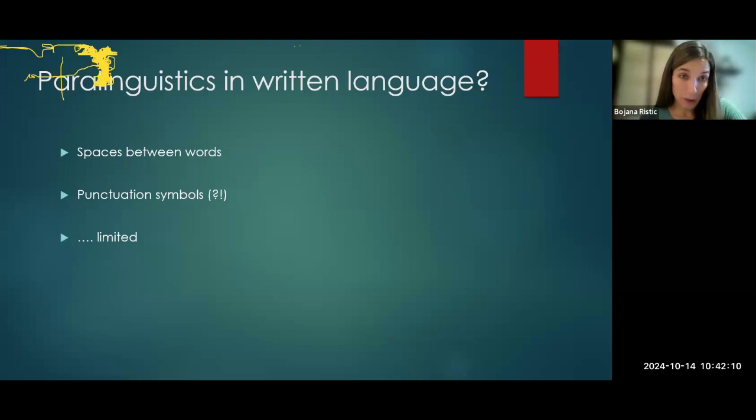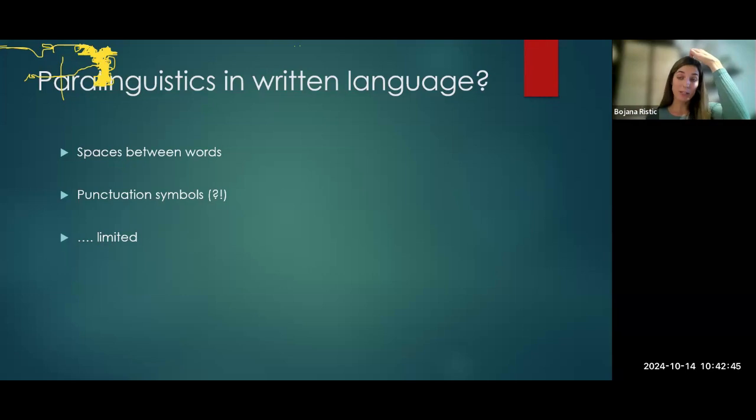So this is something that we use, and we also use punctuation symbols such as exclamation mark, question mark. This is something that indicates what kind of statement I'm making, right? So in written language, we can indeed understand if something, this is not true in all languages. There's also, again, let's say in English we do. But I can distinguish even in written language whether something is a question or it's not, right? Because we do have that.